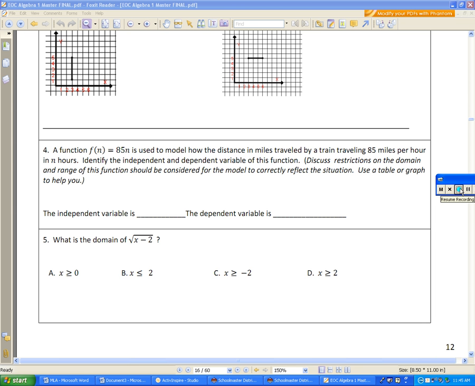That makes sense, right? Because the train's going 85 miles an hour. So if you plug in 1 for n, 1 hour, it's gone 85 miles, and so forth, right? Okay. Identify the independent and dependent variable in this function. So you've got two variables,